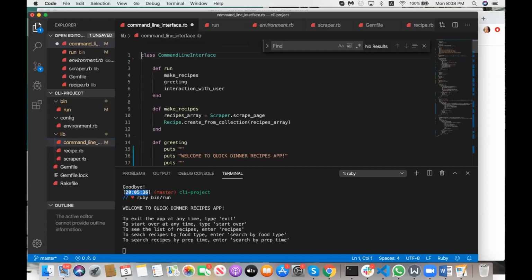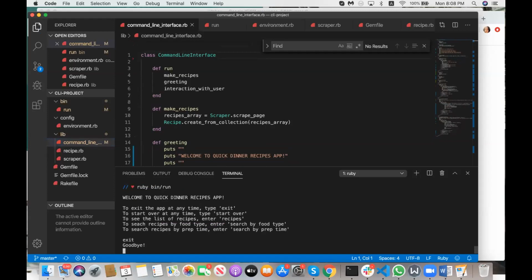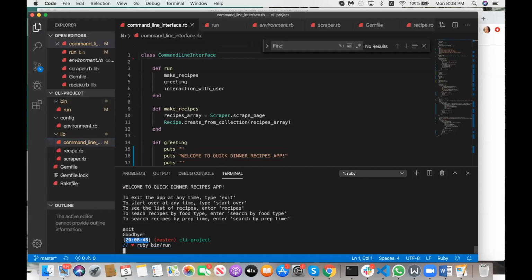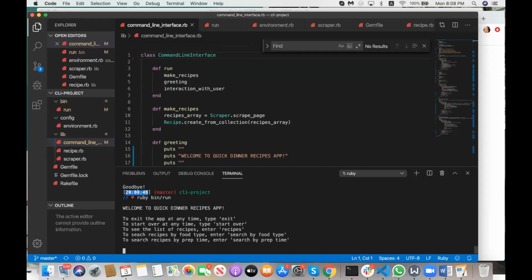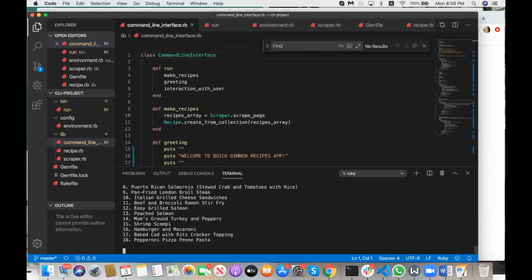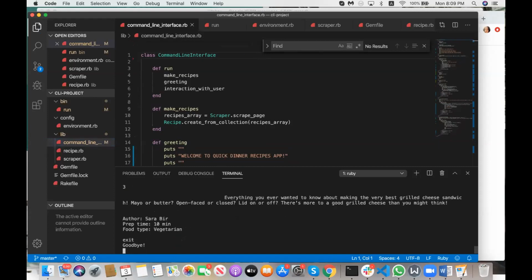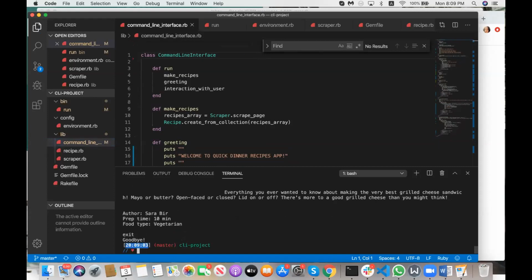And let's kill this and run it once more. Make sure that saves. Let's just make sure that works. And let's just try one thing just to make sure, like ask for all recipes. It seems like it's going to be fine. Yeah. So that's just a best practice thing where these classes shouldn't have to require anything, because the way this